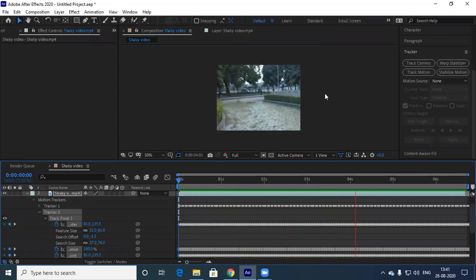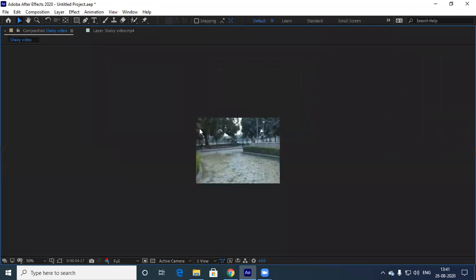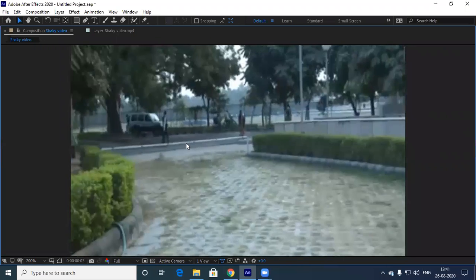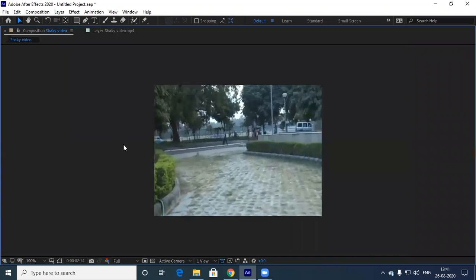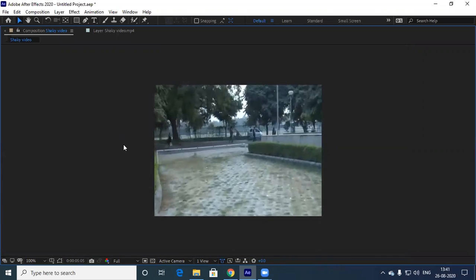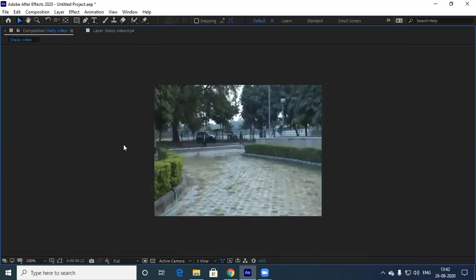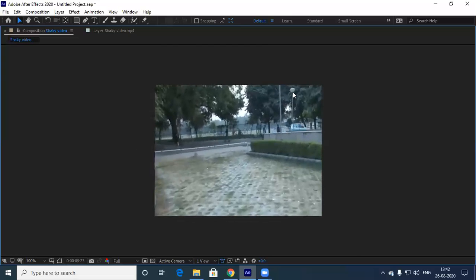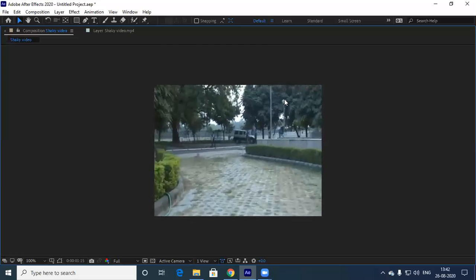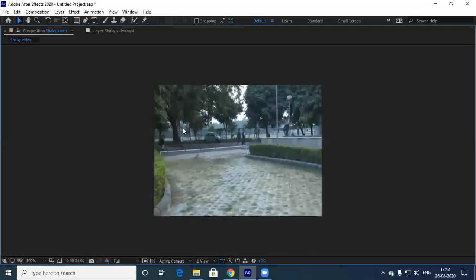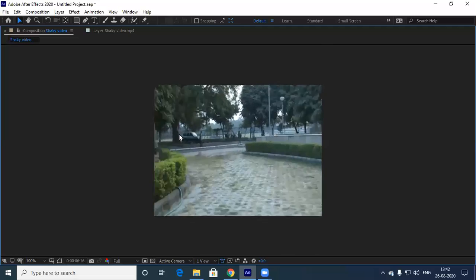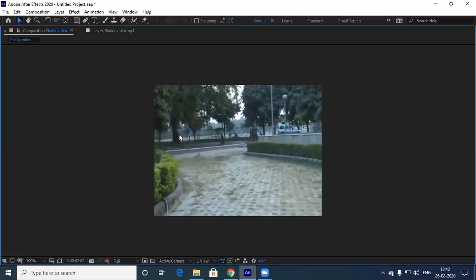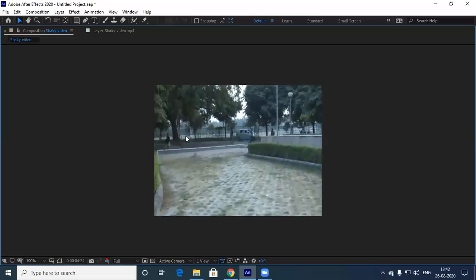Okay guys, can you see the difference now? Already there is a track point here. And see the tree also, it's trying to stay in the same place. Since this particular video had a lot of shakiness, that's the reason I'm getting this kind of output. It's something like one person is holding this particular stick, and he's not shaking, and another person is holding this particular tree and he's not shaking. So in between, due to wind or something, the inner element is moving, something like that. Are you able to focus?